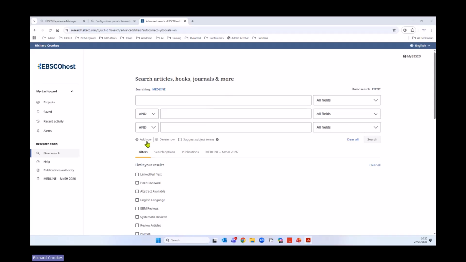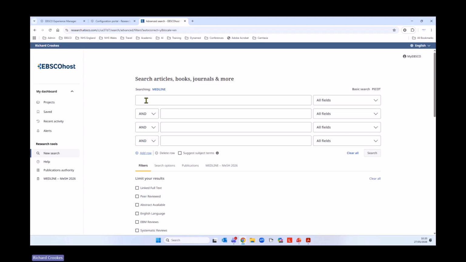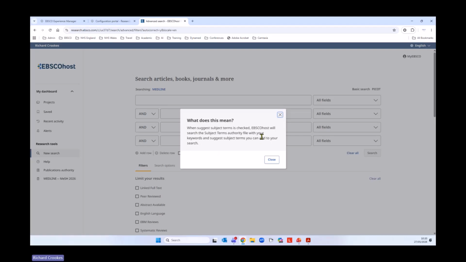You can add up to 12, in fact, in total. So if you prefer to enter terms line by line, you can use the Boolean logic to combine the operators there. We have the suggested terms, which is defaulted to off here. Note there's a little help button there. If you click on that, it will just give you what it's actually doing. So it's quite useful for the end user. If they're not so familiar with this feature, then it will tell you that